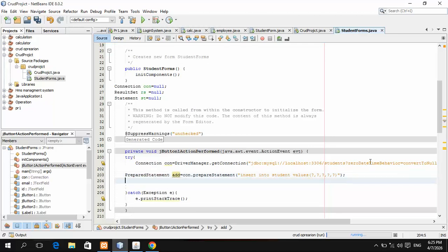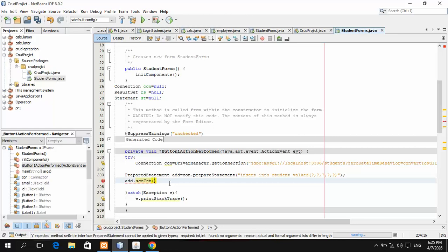Okay, so after that you can write add is equal to add. So for example, add dot setInt bracket.